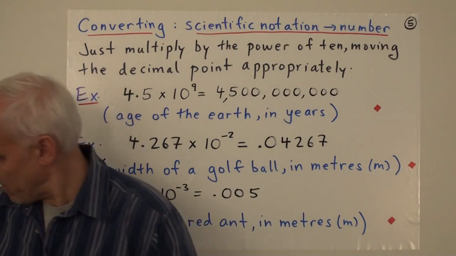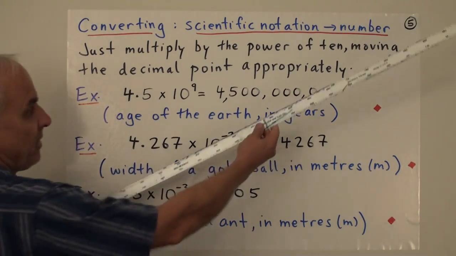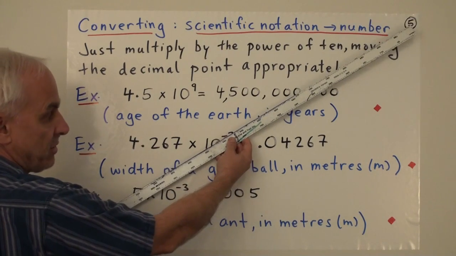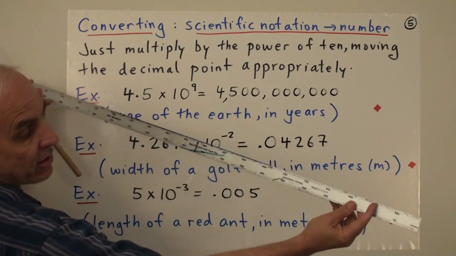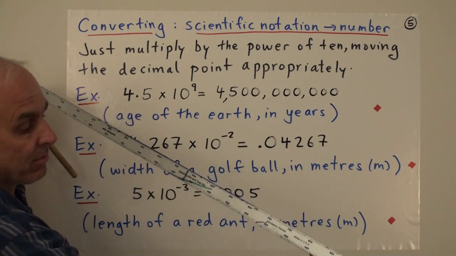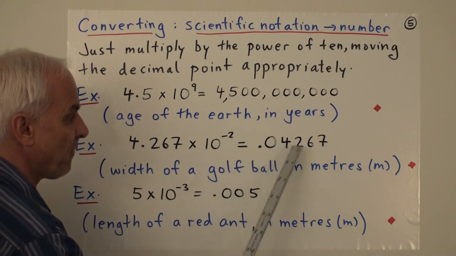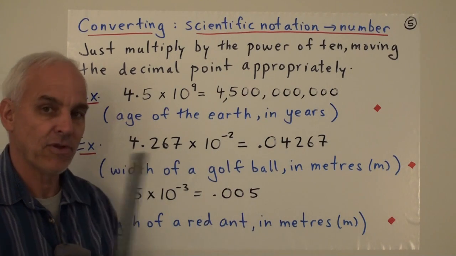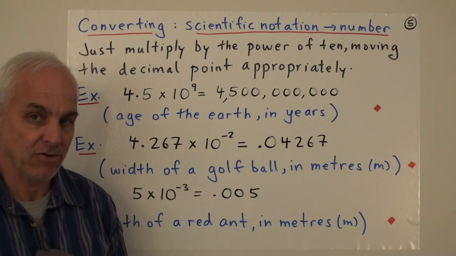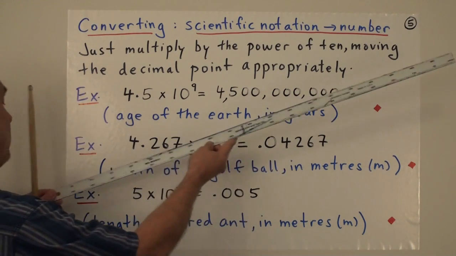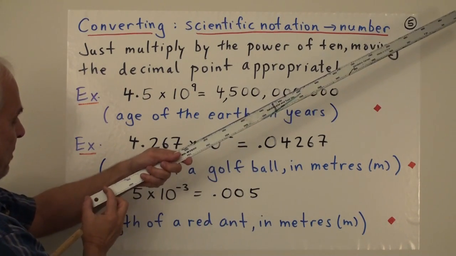And for those of you who might be watching in America, let me remind you what a meter is. All right, here's a meter. This is our standard metrical unit from here to here. It's just a little bit bigger than a yard. Okay, so a yard is just 3 inches less than a meter, roughly. Okay. So when we're saying it's 0.04267 meters, it's really 4 and a little bit 4/100ths of a meter. How much is that? Well, that would be 4 centimeters. So it'll be roughly like that.